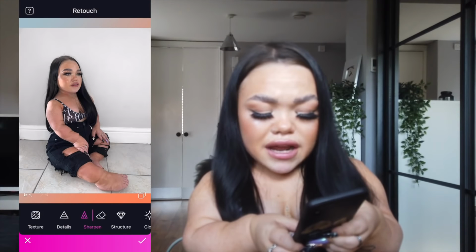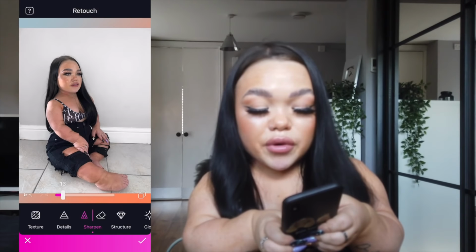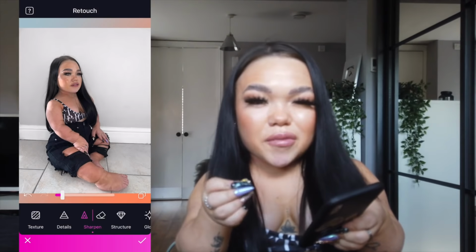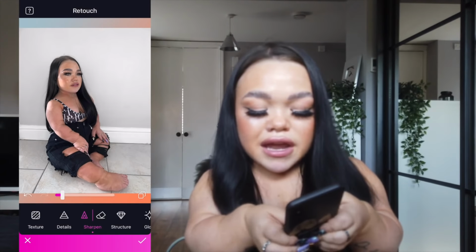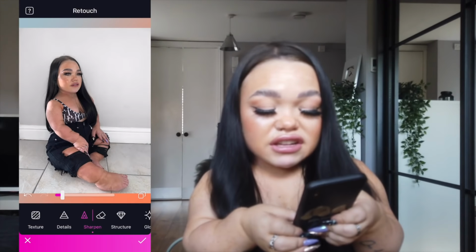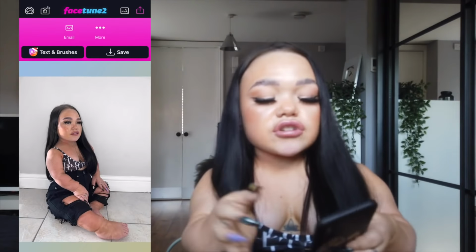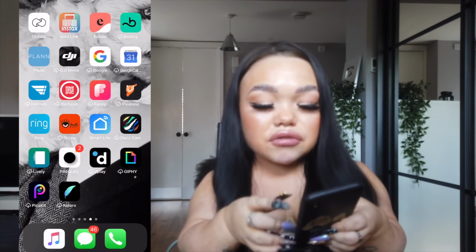If I want to go in anything, I'll go in sharpen and maybe sharpen my face a little bit, but I'm using the flash on this photo, so it does pick up the sharpness really well. In things, I'm just highlighting my top and my nails, and literally that is it. I don't really go too far with this. So yeah, that's all I do on Facetune, and then I'll save the picture and I'll go straight into an